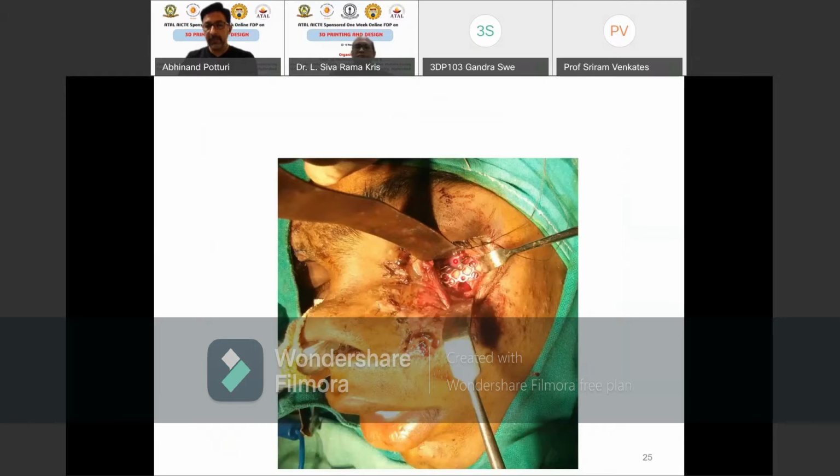You see, this mesh will be placed below the eye globe so that the entire eye globe will get exactly the shape of the normal eyesight. And this will support the globe of the patient. Globe means the eyeball. I mean to say, the eyeball of the patient. So this is how we reconstruct the entire orbit, or entire eye, so that the patient's eye will look normal. The patient's vision will be normal.